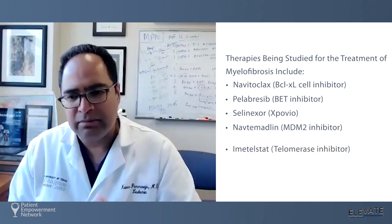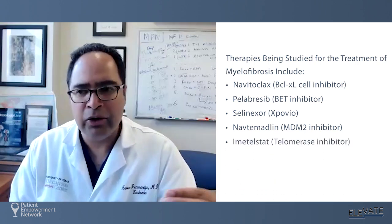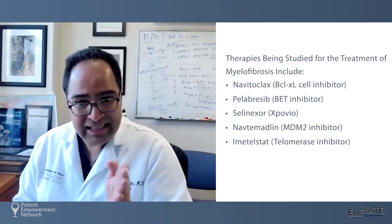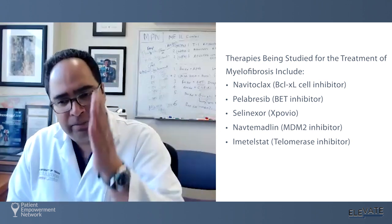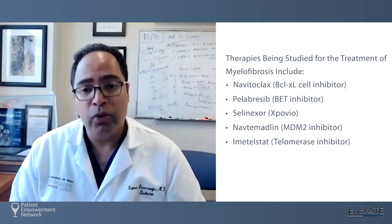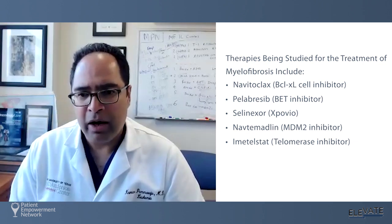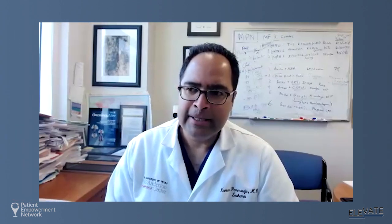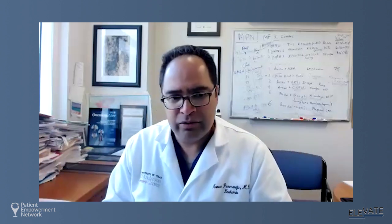So imetelstat comes to mind, which is a telomerase inhibitor, for example, which is also in phase 3 testing in the relapse setting. So you've already had a JAK inhibitor, it didn't work out for you. And interestingly, in that trial, the overall survival is the primary endpoint rather than spleen and symptoms, which marks the first time we've ever seen that. It also marks the understanding that these chronic diseases, chronic myelofibrosis, can then turn into a more advanced acute disease in the relapse setting. So that's just a sample of some of the ones that are now entering the late stages of